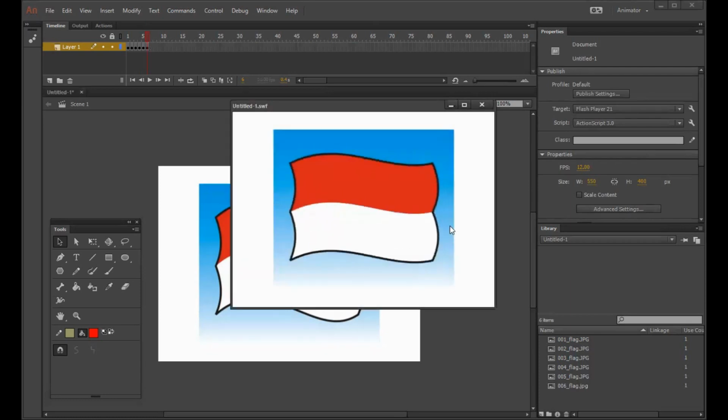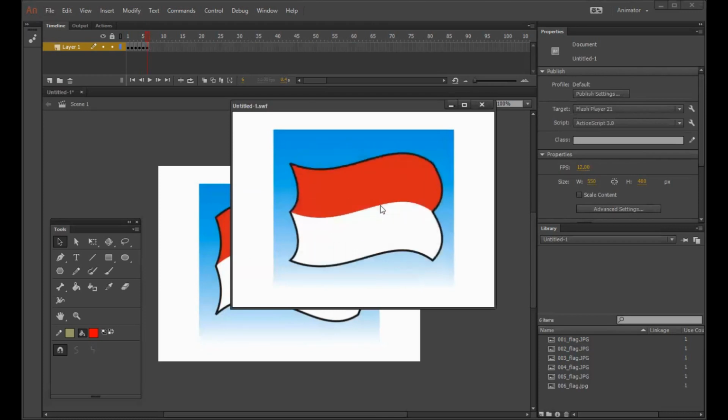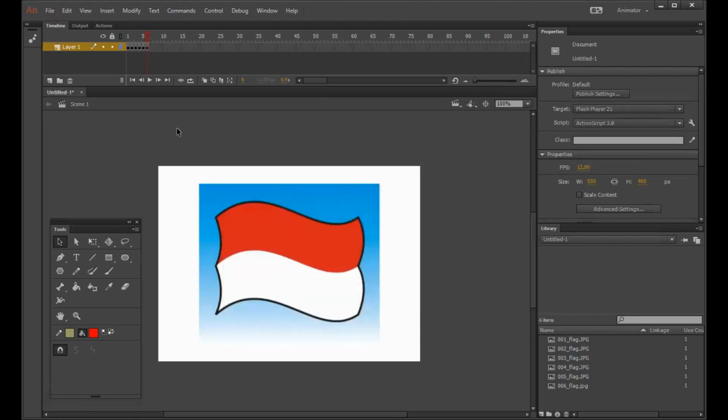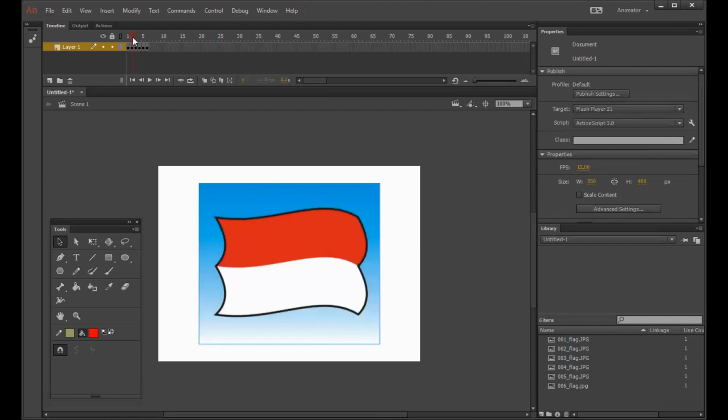You can see the movement of this flag, but it's not smooth. If you want to make it smooth, you must go back to number 6, 5, 4, 3, 2, 1.